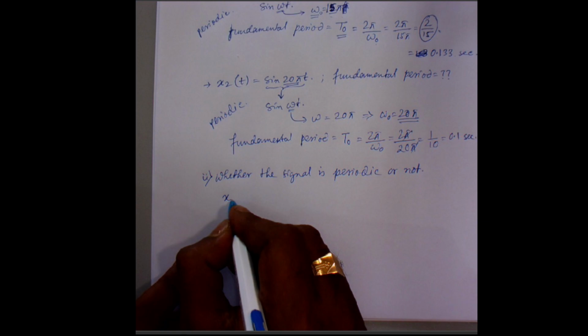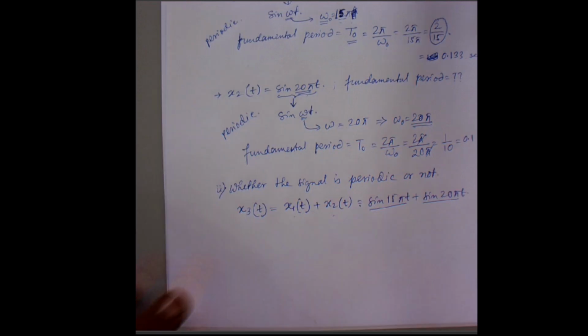Now to find out whether it is periodic or not, you have to find out the individual fundamental period of x1 and x2 and find out its ratio. If the ratio is a ratio of two real numbers without fraction, not a fractional number, then it will be known as a periodic signal. Else it will be called a non-periodic signal. So let T1 be the fundamental